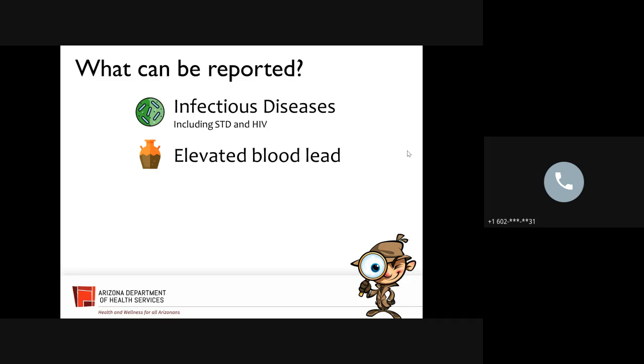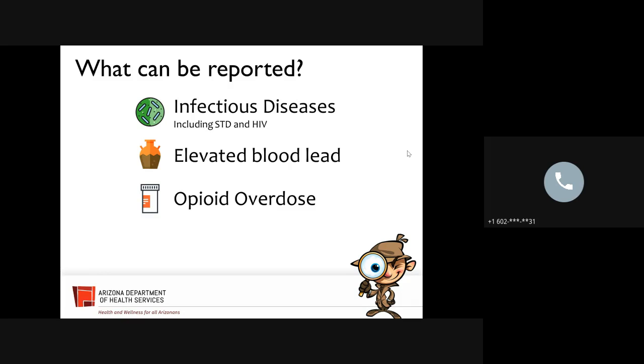And so they're in MEDSIS. And then we also have opioid overdose. It was put into MEDSIS, I think it's also late 2017, when the governor declared an emergency on the opioid crisis. That's when we added opioid overdose into MEDSIS. And opioid overdose and elevated blood lead both are